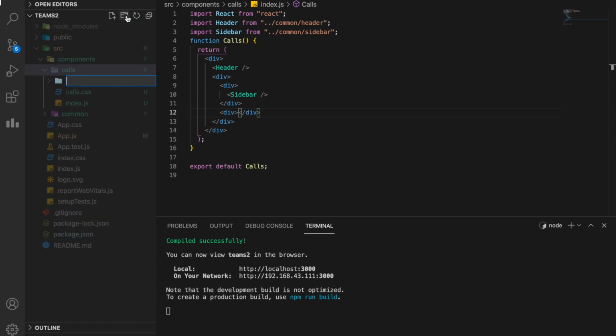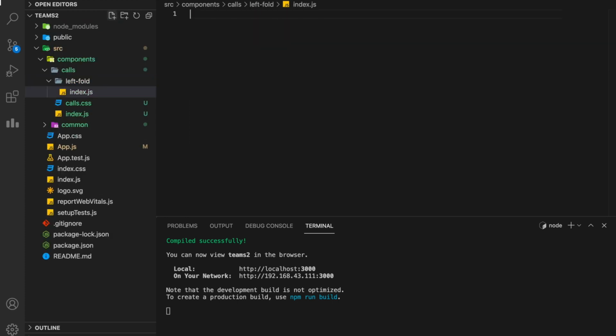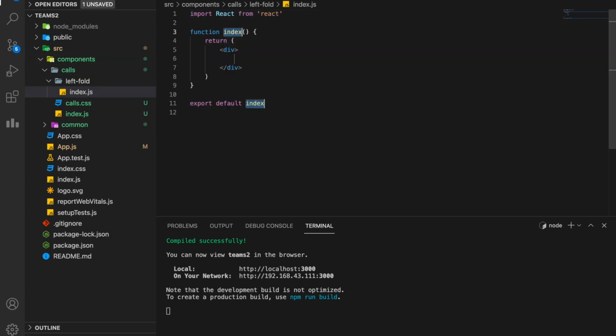So if you see right now, this is header, this is sidebar, it's working perfectly. Next we need a left fold folder, left fold, and let's create our index file, index.js, rfc left fold. Make sure that your function component has a capital letter in the beginning, otherwise React will give an error here. This is left fold. Alright, perfect.